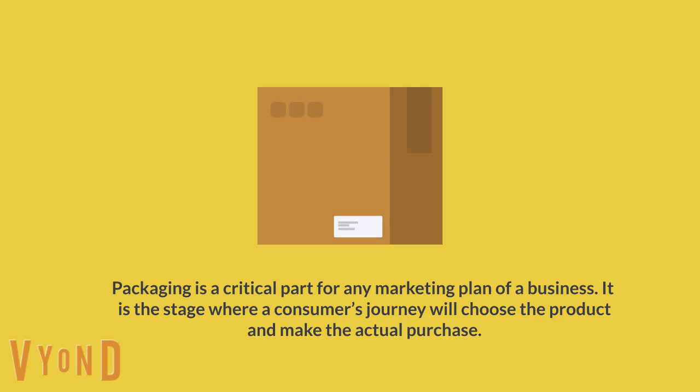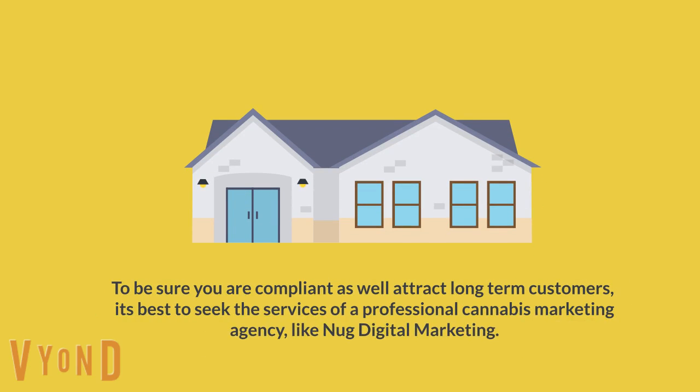Packaging is a critical part of any business's marketing plan. It is the stage where a consumer's journey will choose the product and make the actual purchase. To be sure you are compliant as well as attract long-term customers, it's best to seek the services of a professional